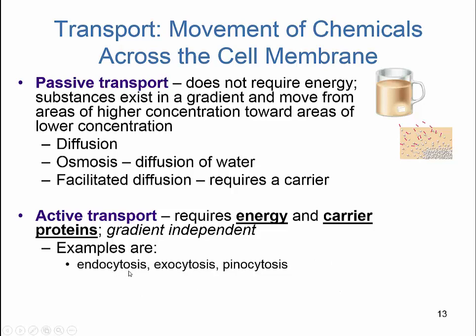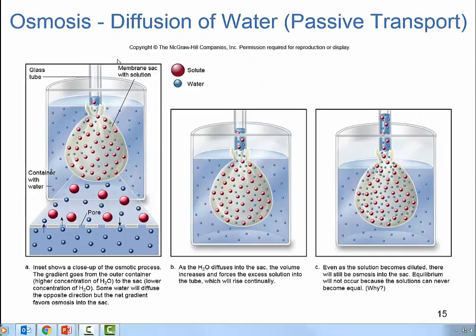We do the process of endocytosis, bringing items into a cell, exocytosis, the pushing of items out of a cell, or pinocytosis, meaning the drinking of fluids into a cell, as well as phagocytosis, the consumption of other organisms into a cell. And so these are all active transport processes. They are irrespective of the gradient from a high concentration to a low concentration. And so when we think of osmosis, likewise, osmosis is the movement of water molecules from a high concentration to a low concentration. So it's a passive transport.